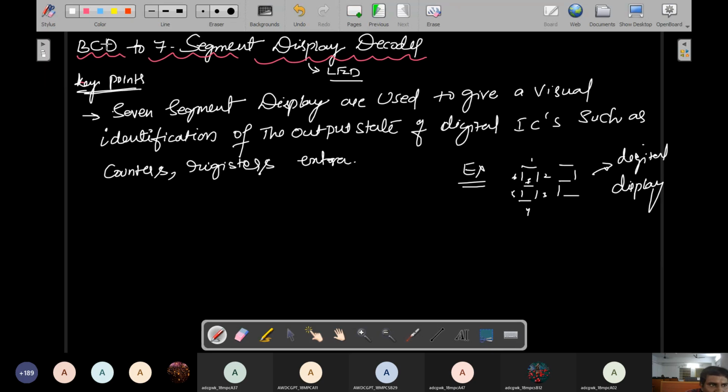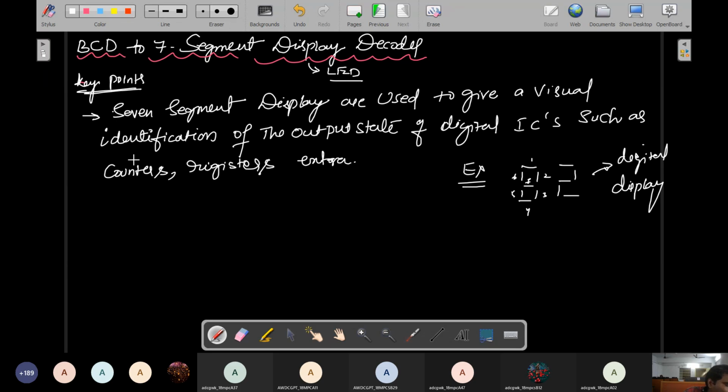Why am I calling it BCD? It is in alphabetical order, I think: A, B, C, D, E, F, G. These are the outputs, and that's why the outputs are termed the 7 segments. BCD is nothing but the inputs, which operate these 7 outputs. The inputs are A, B, C, and it is called ABCD because it is in alphabetic nature. That's why it is called BCD to 7 segment display.